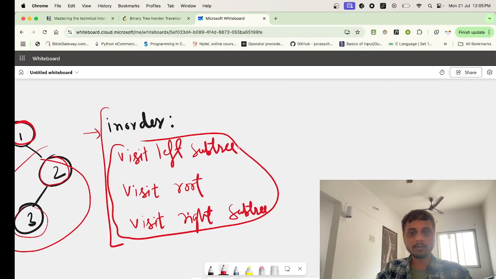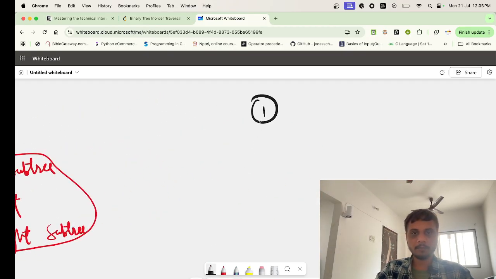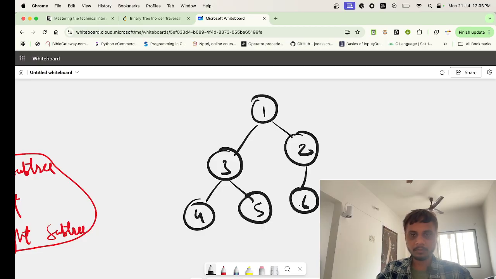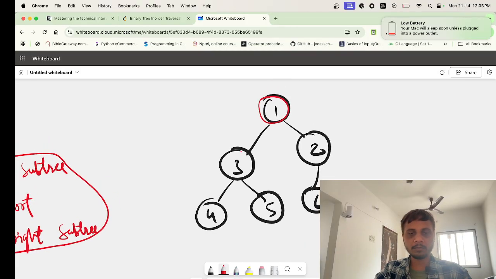Let's take one more example, क्योंकि 2 एग्जाम्पल लेंगे तो ज़्यादा बेटर में समझ आएगा. 1 2 3 4 5 6. Let's take this example, a better example. So we'll start with 1. 1 पे आए, ऑर्डर क्या देखो, लेफ्ट देन रूट एंड देन राइट. तो मूव टू लेफ्ट 3, सेम ऑर्डर, मूव टू लेफ्ट